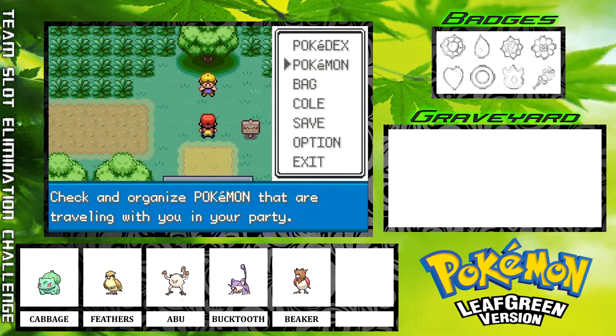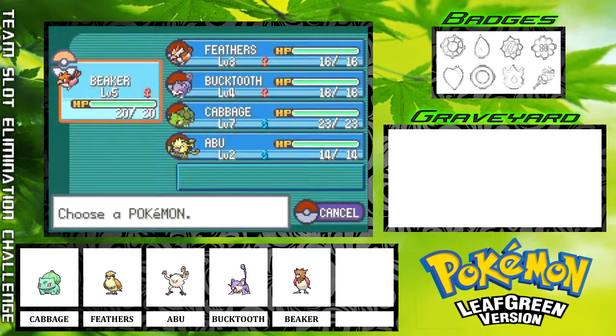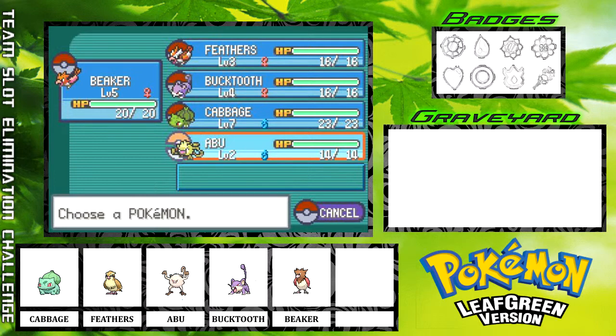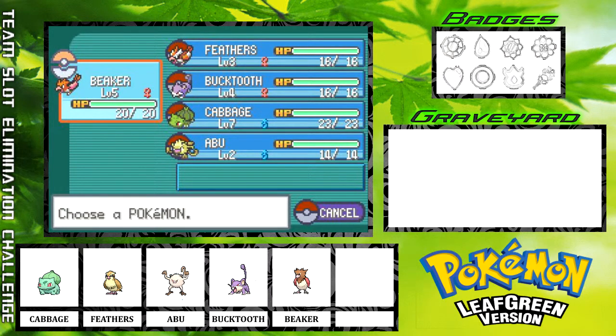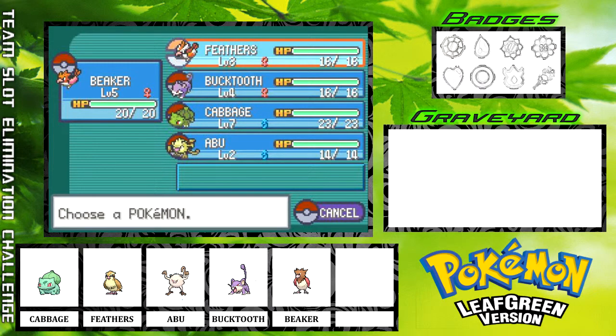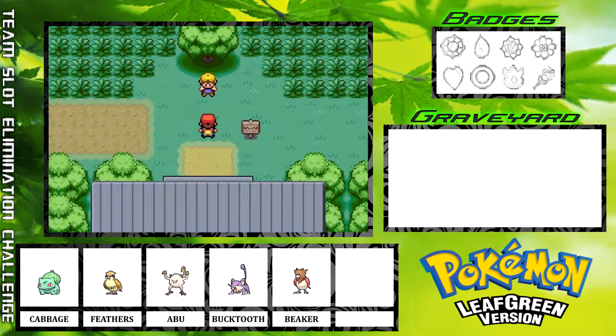Last time we started out the game, we did go ahead and choose Bulbasaur as our starter, who we have nicknamed Cabbage. We caught a Mankey named Abu. We have a Spearow named Beaker, a Rattata named Bucktooth, and a Pidgey named Feathers. And in this episode, we are going to go through Viridian Forest and hopefully get to Brock and take on